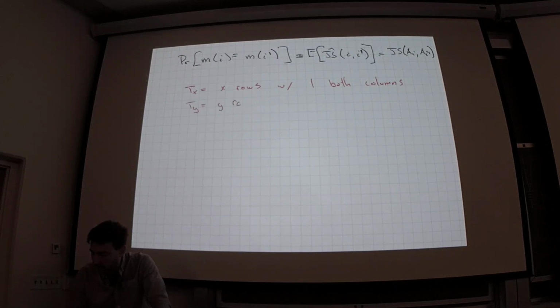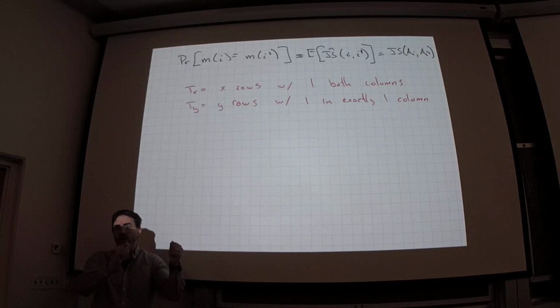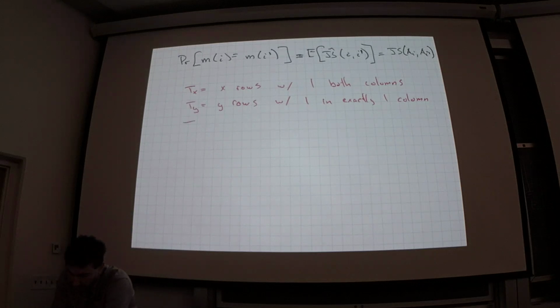This is where they both have this kind of item in the set. There are going to be a set of y rows with 1 in exactly 1 column. That means 1 in one column and 0 in the other. That means one of them has an element, but they don't match. They don't both have an element. And Tz is going to be the